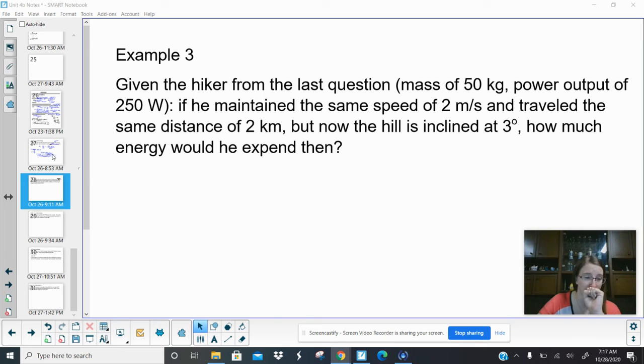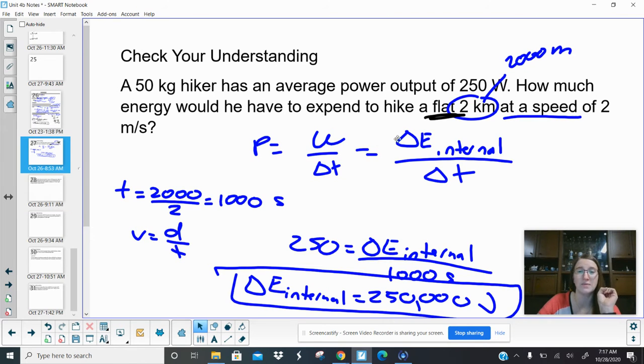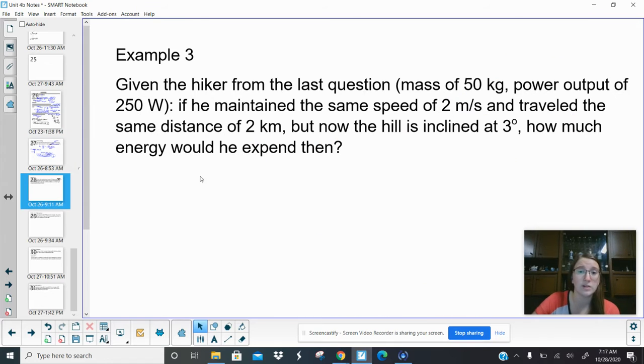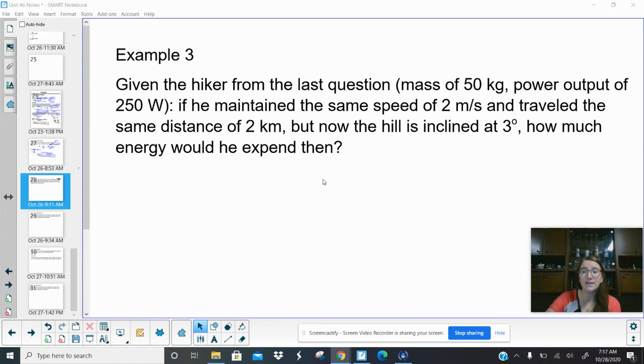So what we left off with yesterday was talking about power when we're not changing our speed, when we're not changing our height, is based just on your internal energy. When there's no change in speed, there's no change in velocity. There's no change in kinetic energy. When there's no change in height, there's no change in potential energy. So the work is based just on your own internal energy when there's no change in height and no change in speed as well. What we're going to talk about now is when we do change the height,